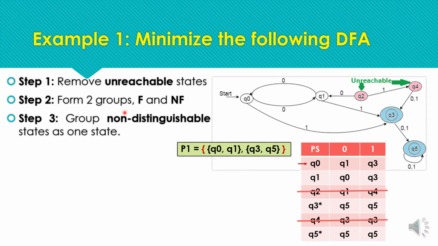Now we have to repeat step 3 until we get no new partition. This is partition 1, and we have to find the next grouping of states as partition 2. Next we find partition 3, and so on, until the last two partitions are the same. We need to repeat the process until the last two partitions have the same groups. So next we follow step 3 for finding the non-distinguishable, or similar, states among these partitions. Okay, so starting with the process,